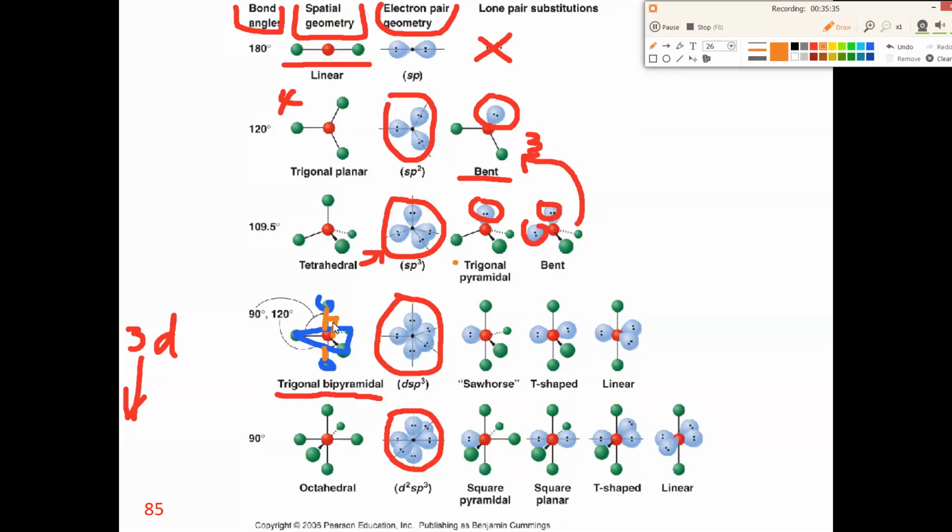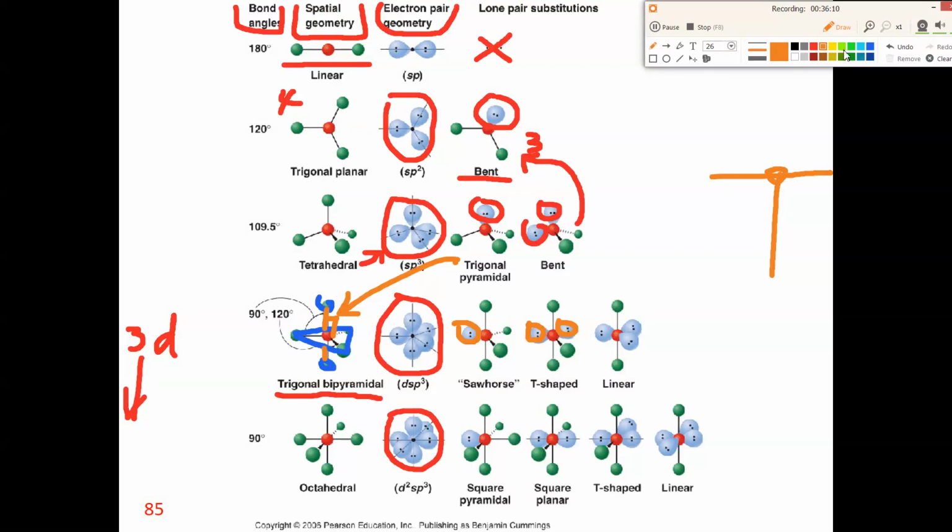Basically, you put 2 of these structures together, one on top and one on the bottom. So that's like a trigonal bipyramidal. If we have 1 lone pair substitution, it's going to look something like that. If we have 2 lone pairs, it's going to become T-shaped. Something like that. And just 1